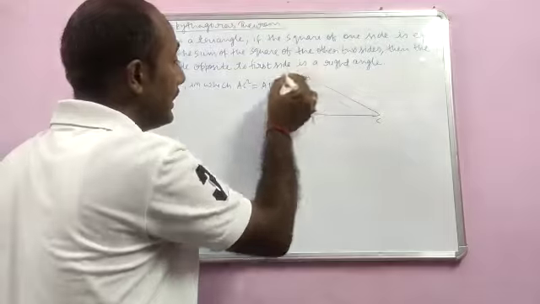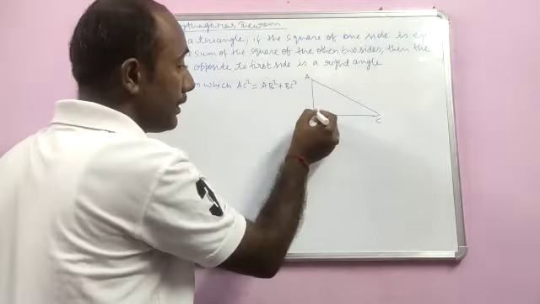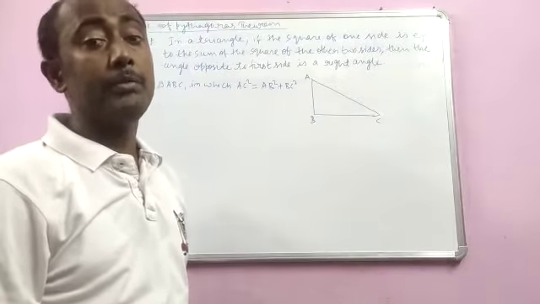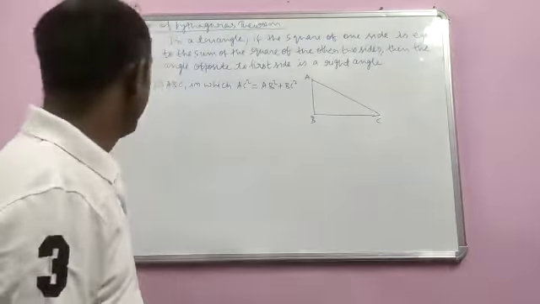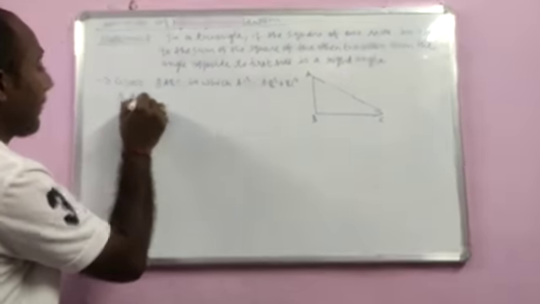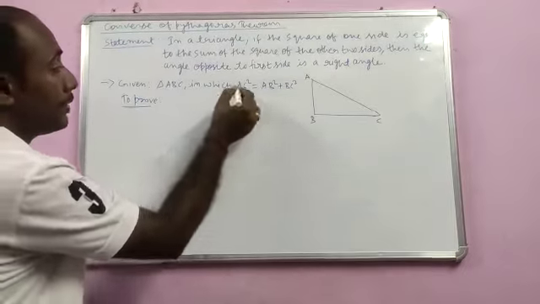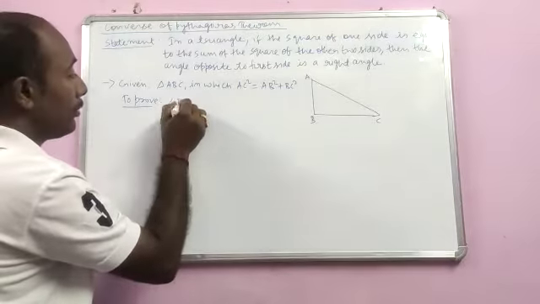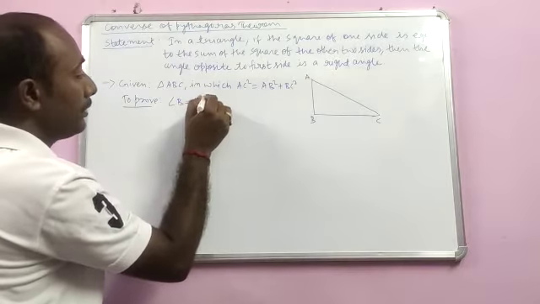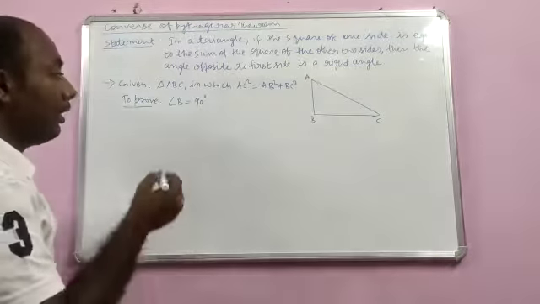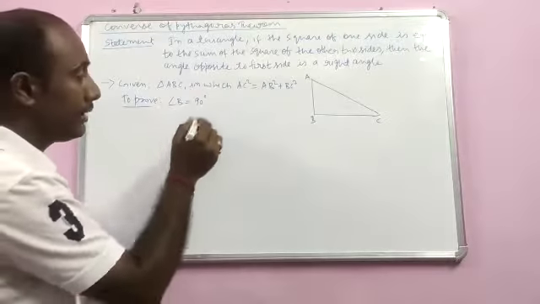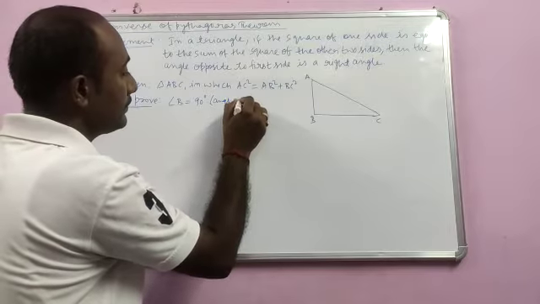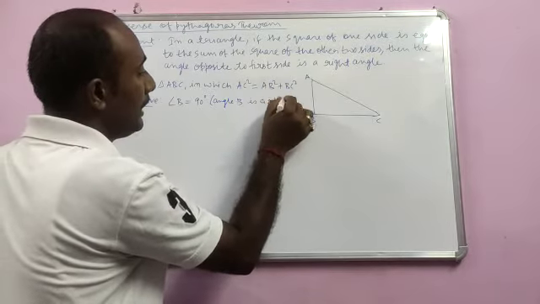So what is that first side here? This one, AC. So angle opposite to first side, that means angle ABC, or simply you can write angle B, will be equal to 90 degree. This is what you have to prove. So to prove that the angle opposite to first side, so first side AC, angle opposite to AC is angle B, or you may write as angle ABC is equal to 90 degree. Or you may write angle B is a right angle.